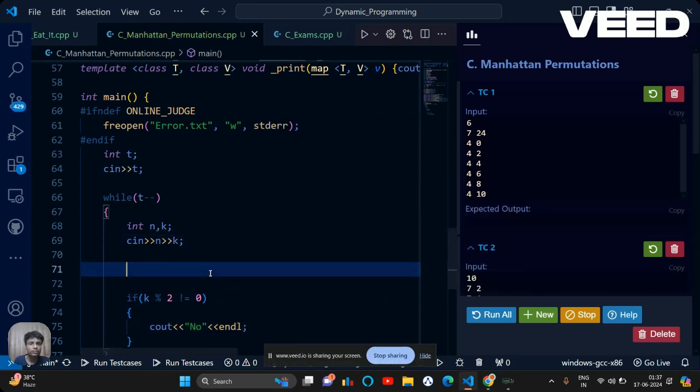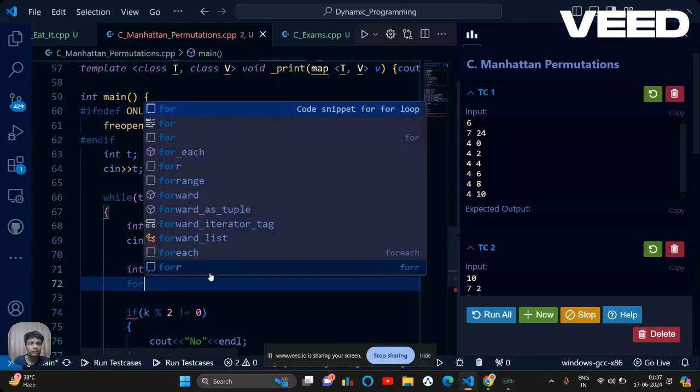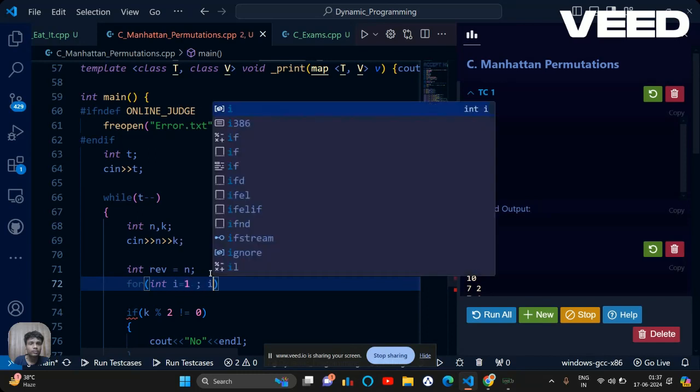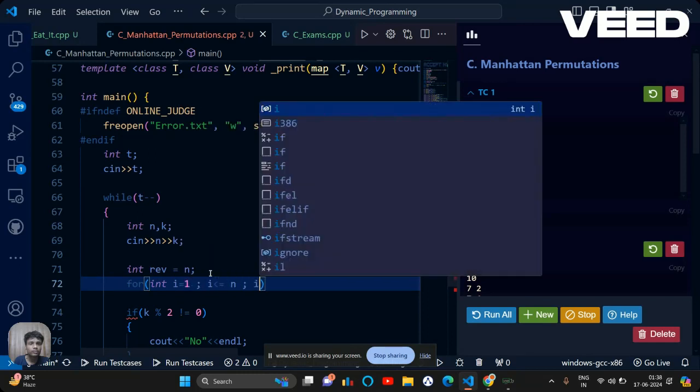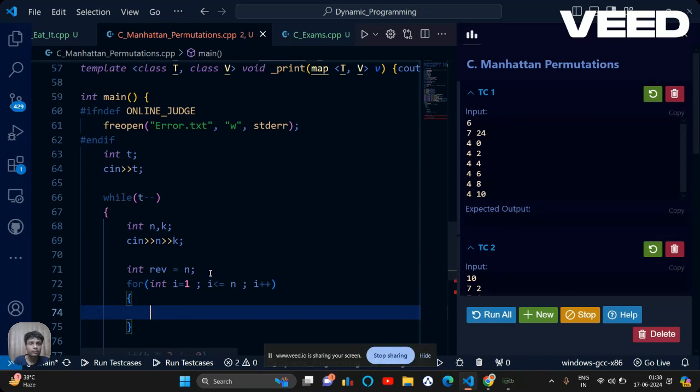Also, I can get the maximum value of the permutation when the permutation is in reverse order. So how can I find it? Let's say int reverse, or any variable, and the value of it is n. If I iterate from 1 to n, I'm going to take the absolute difference.